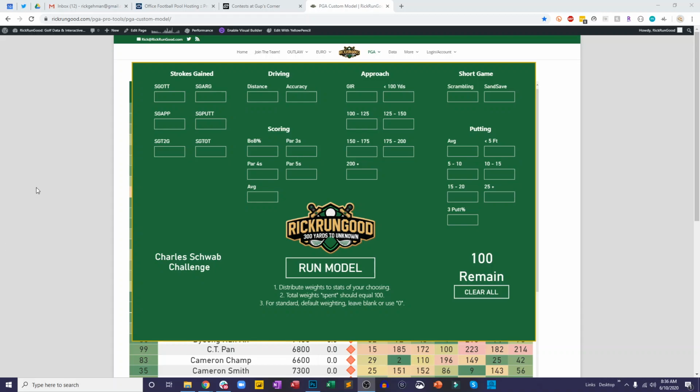All right, guys, I wanted to make a quick video tutorial about the new custom model on RickRunGood.com. This is really version 1 of your own weighted custom model. I believe there are, quick count, like 29 different stats that you can choose from. I will be adding more all the time so that you can look at all the information that you've gotten over the course of the week, and you can make your own decisions, put your weights in, and get rankings